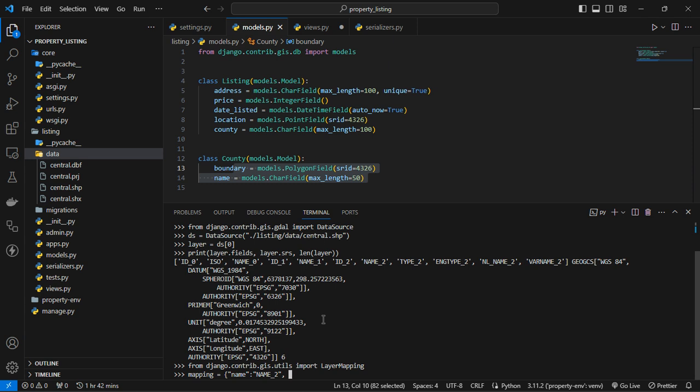And then the other thing that you have to specify, of course, is the field that stores the geometry, right? And for this, I only have the boundary. And so what you have to do is basically